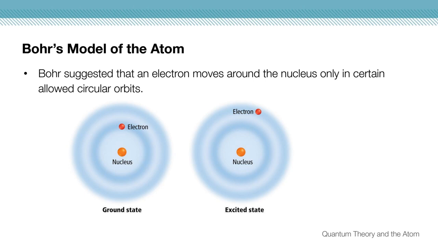So then Niels Bohr came along and he suggested this model of the atom. He did this because of something we called quantum energy. You'll learn more about it in chemistry, but basically the idea is that all atoms, all types of elements, give off some sort of light spectrum. And you're going to do another virtual lab this week about the lights and the colors and the different properties